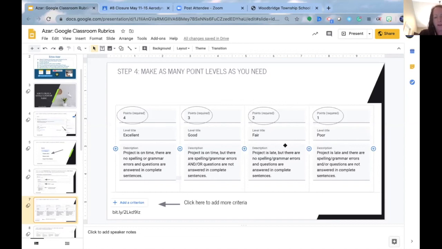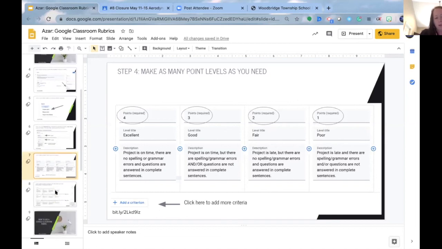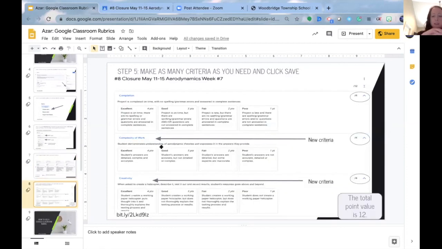At the bottom of this, after you fill this in, you click underneath, it says add a criterion. So you would add another component of your project or your assignment. And I added complexity of work, and I added creativity. Okay, so for complexity of work, I have, again, the same excellent, good, fair, poor, but I talked about the